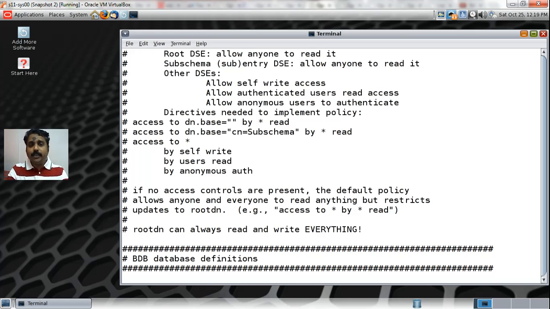Can the user change the attributes of other users? Can the user change his or her own password? So all of these are defined by using some rules, and that's what we refer to as ACL, which stands for access control list. You might see a warning here that says, if you do not specify any ACL,